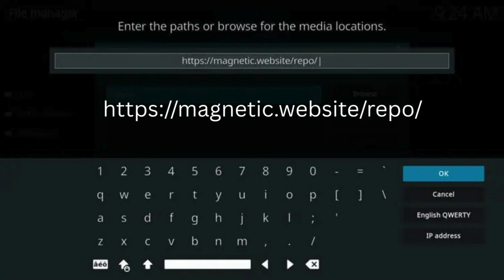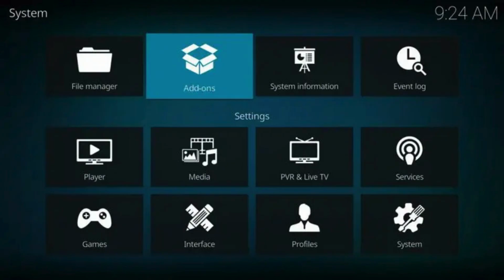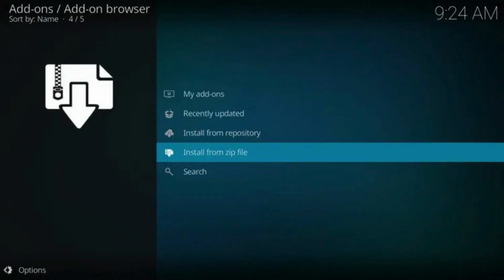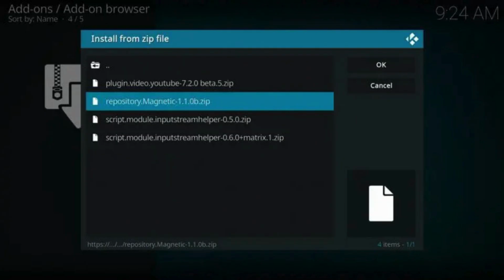Pause the video between steps to slow the video down. Highlight the box under the source that you just typed in and enter a name for this media source and click OK again. Click your back button on the remote and choose Add-ons. Click Install from zip file. Choose Repo or the other name you assigned the media source. Click the zip file URL